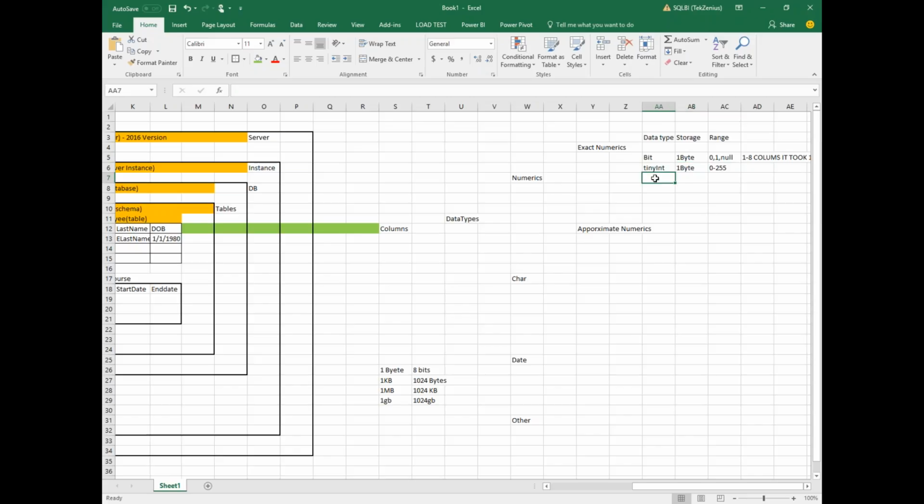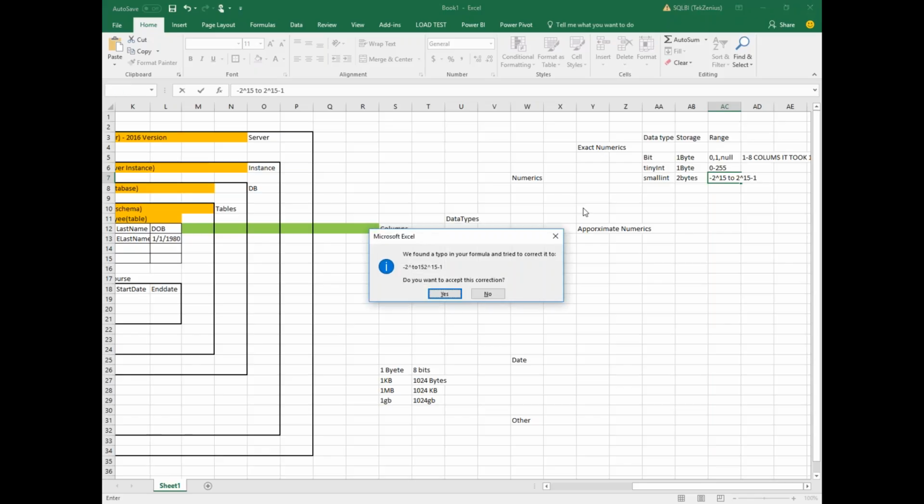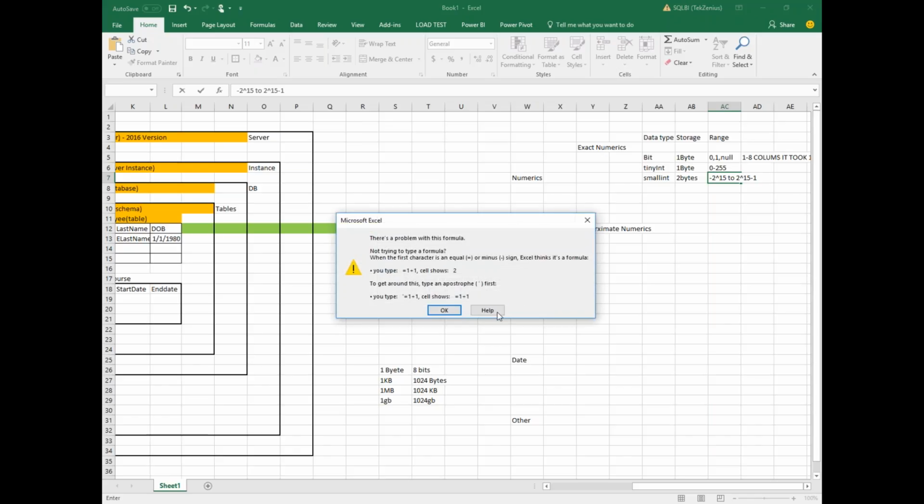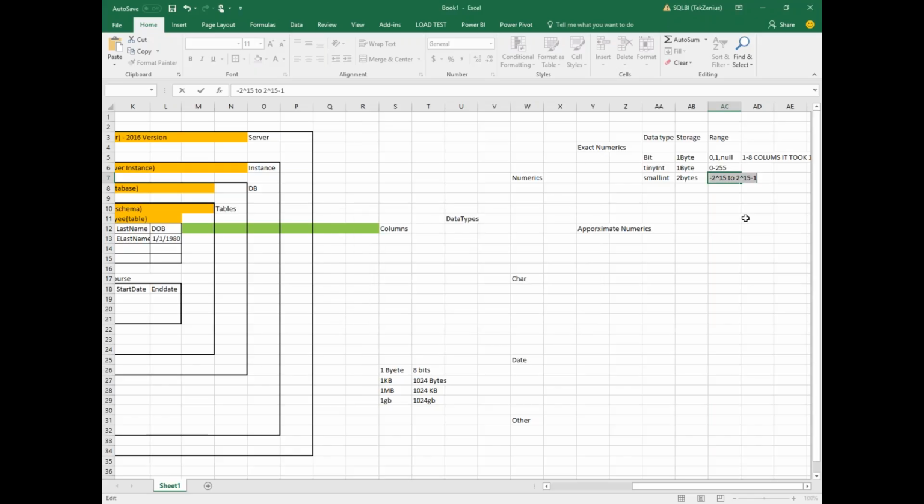Okay, the next one is the small int, which will take 2 bytes. This one will take the information from minus 2 power 15 to 2 power 15 minus 1. Let me write that one down. If you use the tiny int, you can't use negative numbers. But if you use the small int,